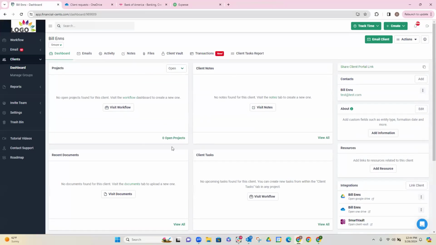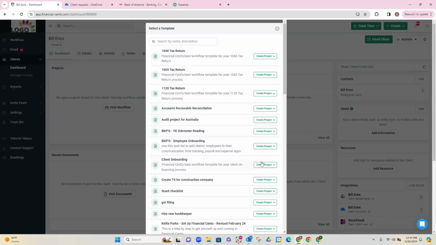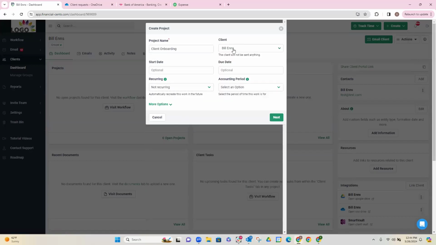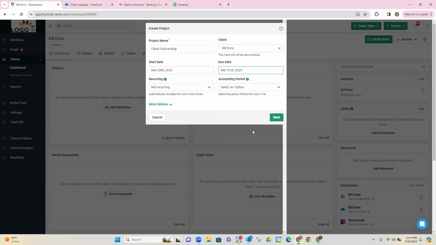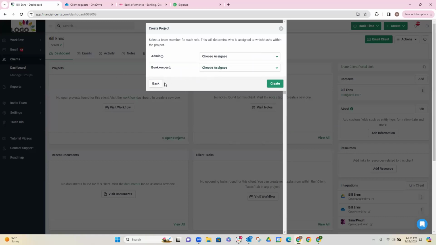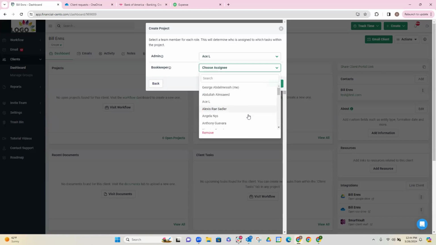So now that I've created my client, I can go and start adding things like, hey, maybe I need to do a client onboarding. So I'll come in here and select my client onboarding project and create it for a single client. It already knows that since we're working in Bill, we're working on Bill. I can set up my start date, set up my due date. I can choose whether it was recurring or not. I can go ahead and assign my employees as well. So in this case, I'll assign Ace and let's say,